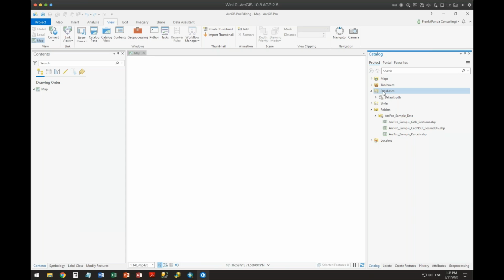But what Nancy was also pointing out is that it also created this thing called a default GDB, a default file geodatabase. For every project that you create, it creates a default GDB.